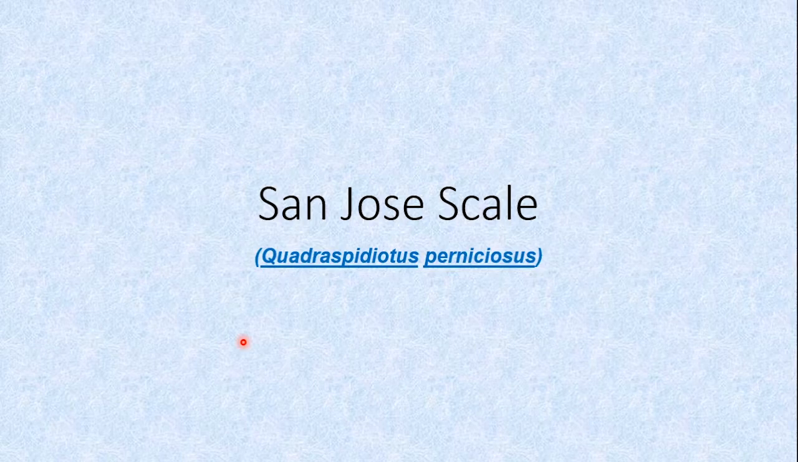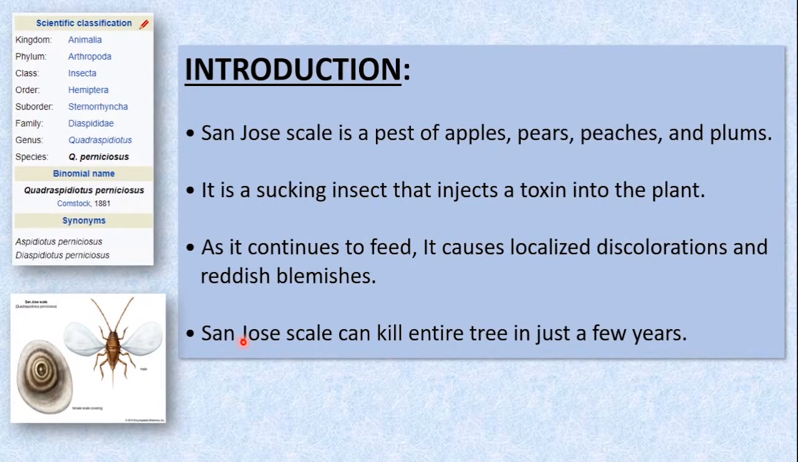Today we will be talking about San Jose scale, Quadraspidiotus perniciosus. Now San Jose scale belongs to order Hemiptera of class Insecta, so following almost all the characters of hemipterans except a few, especially in females. San Jose scale is a pest of apple and various other related families like pears, peaches, plums, and it sucks the sap of the plant, sap of the fruit, and finally,